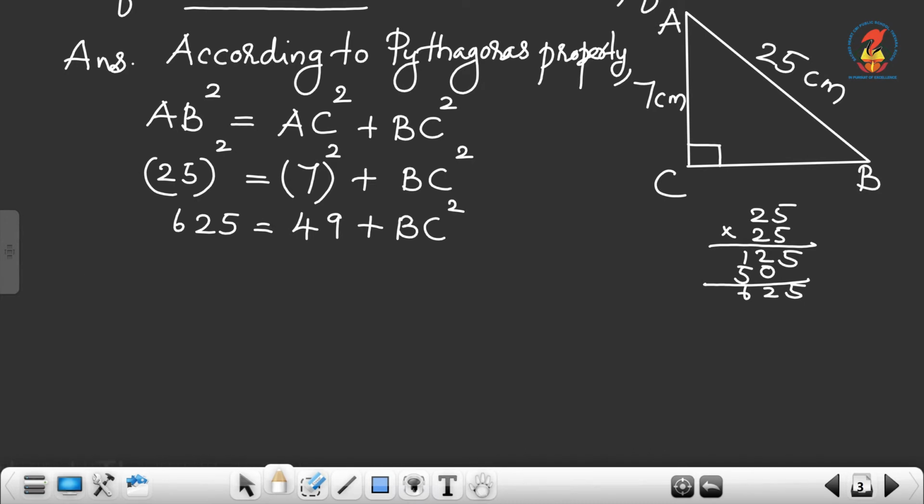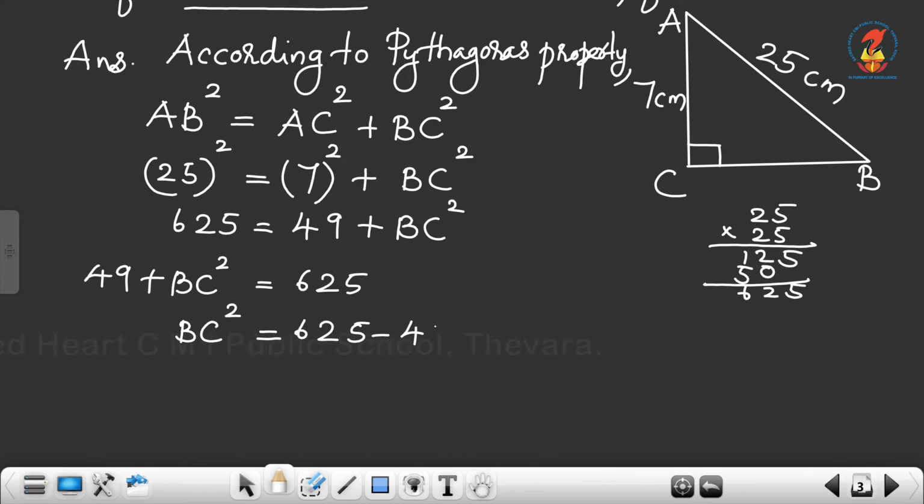So, we can write as 49 plus BC square is equal to 625. Now we have to find out the length of BC. So first of all we have to find out BC square. So BC square is equal to